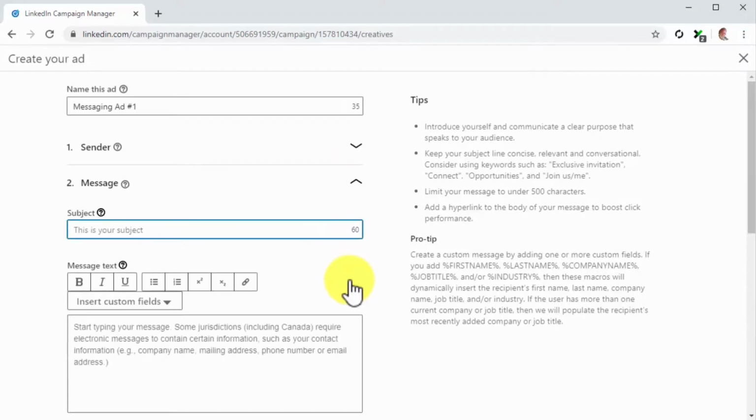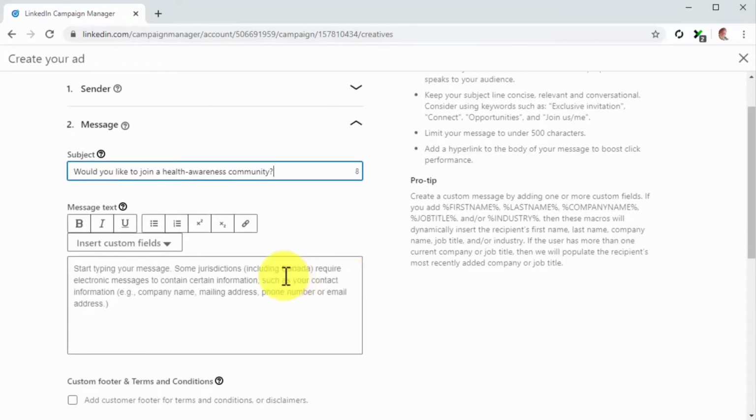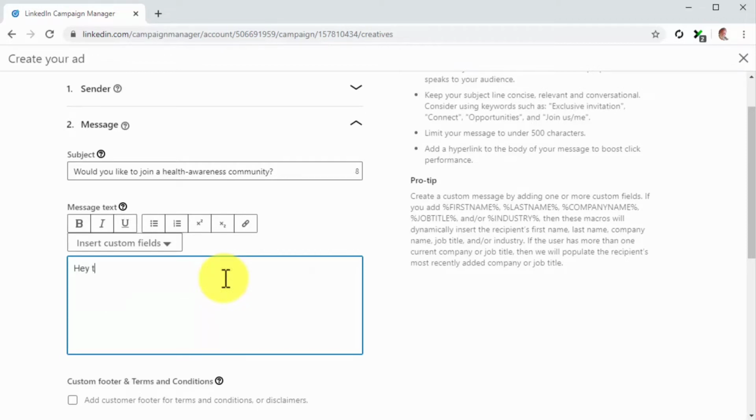Now click on the Message tab. Here you are going to compose the message. Start by adding your message subject. Next, compose your message in the Message Text field. Here we recommend that you open with a greeting, and to insert the first name as a custom field to personalize the message. For this, simply type your greeting first,